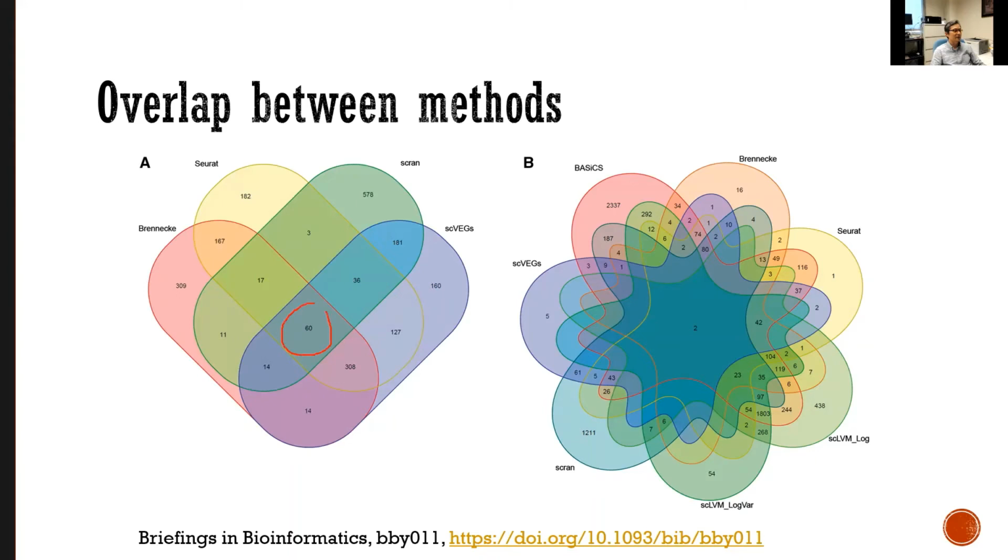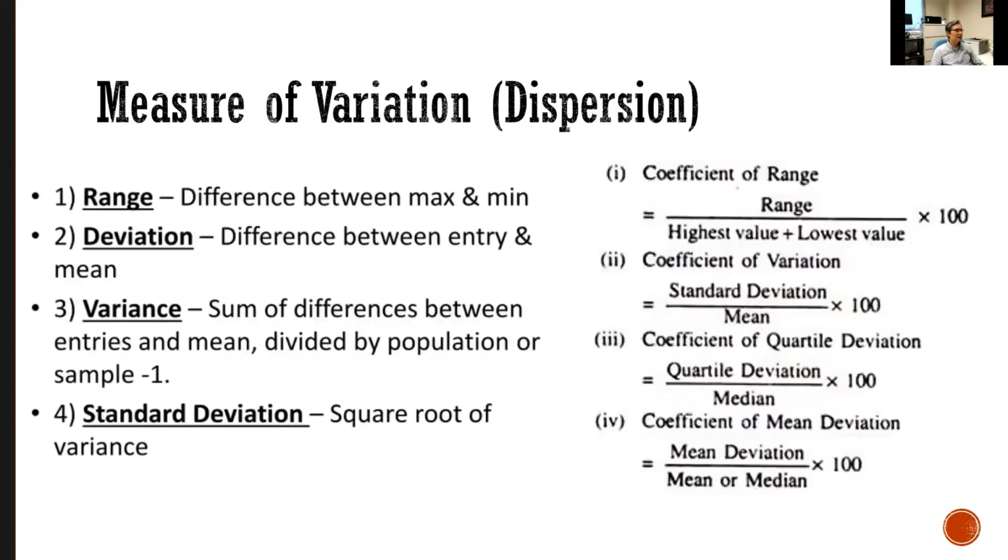Only a few genes can be identified by all the methods and regarded as highly variable genes. So it's still an active statistical problem, and people are still trying to find the best method. Okay,